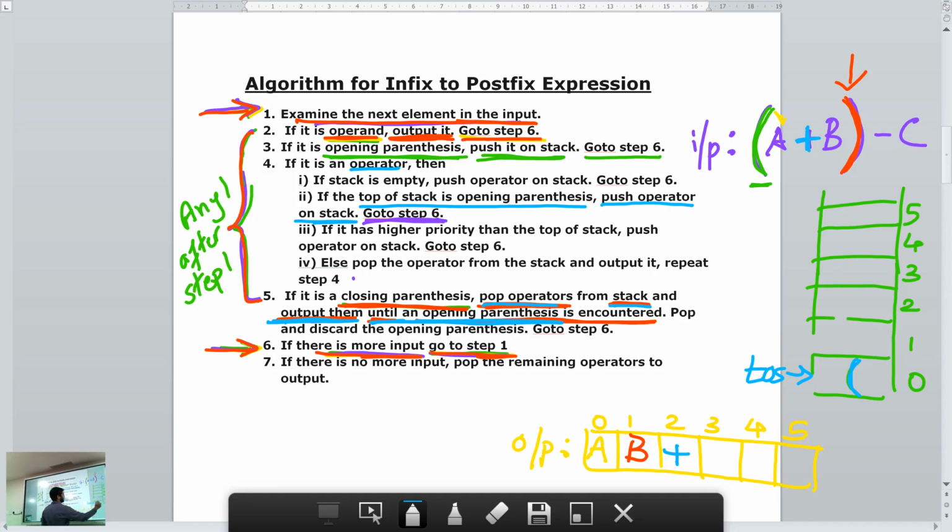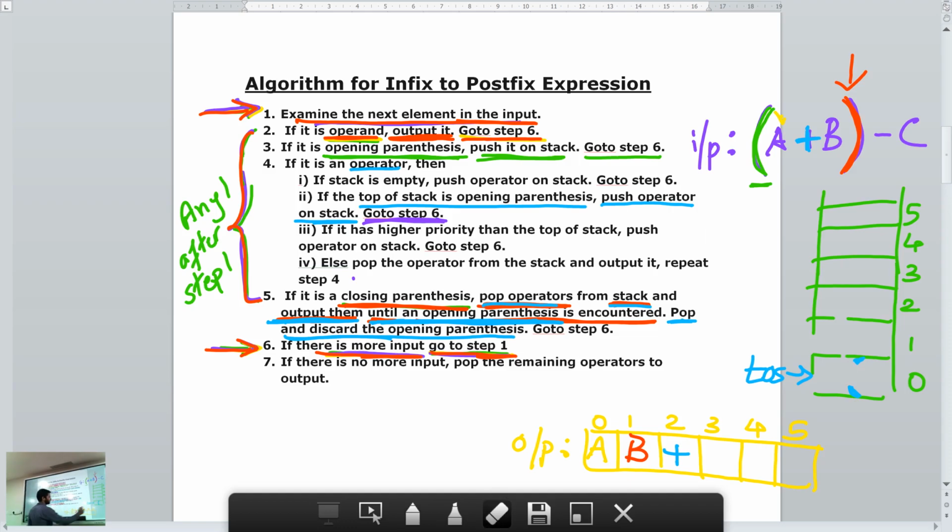Check your next element in the stack now. Is it an operator? If it is an operator, you would pop it and add it to the output. But this is not an operator. It's an opening parenthesis. So till here you have to pop. So we found an opening parenthesis. So we do not pop again. Okay. So what to do with the opening parenthesis? Pop the opening parenthesis and discard it. Pop and discard the opening parenthesis.